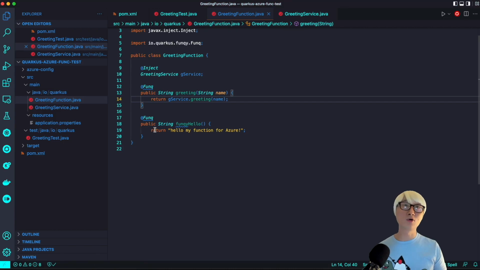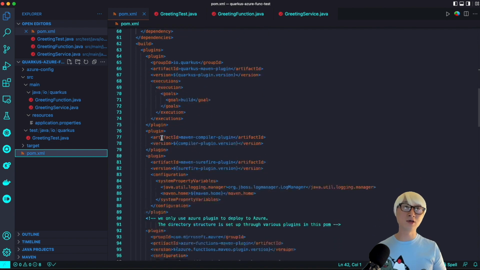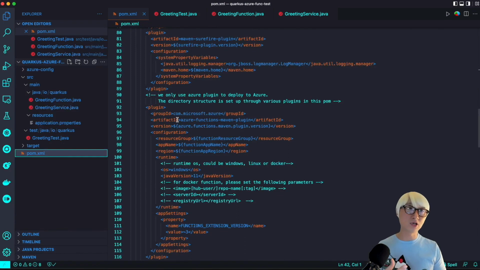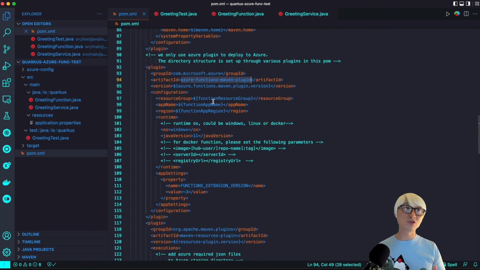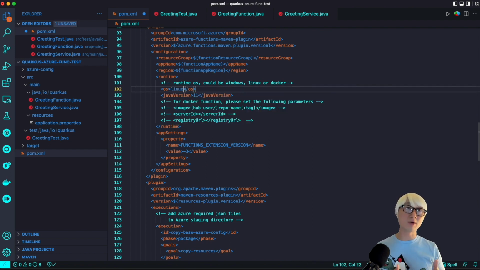Let me go to pom.xml and see how the Azure Maven plugin looks. And you can see here the Azure Functions Maven plugin. In my case, I'm running this demo on my macOS, which is why I'm going to change the OS to Linux. And then here are the app name and the region name. I already